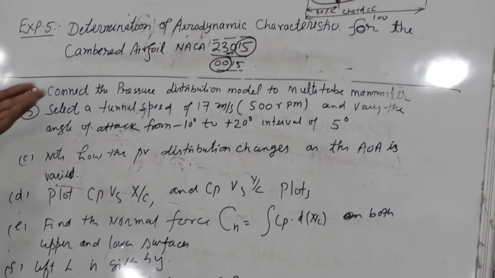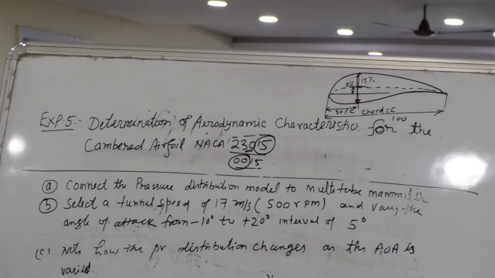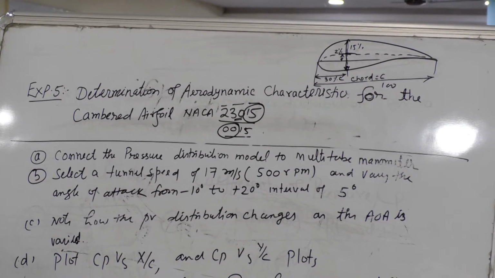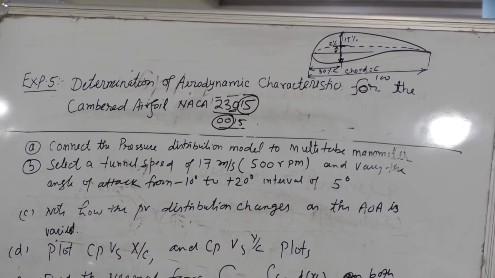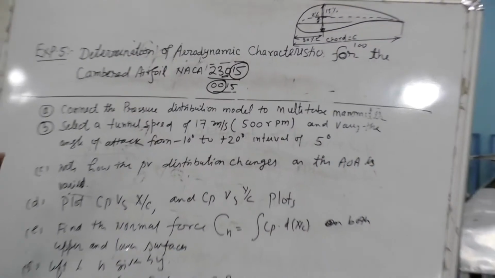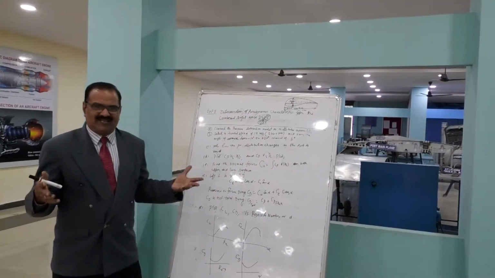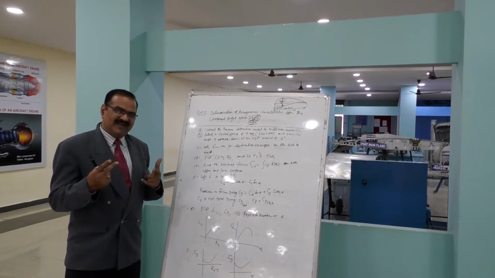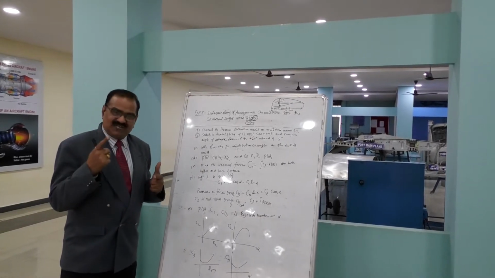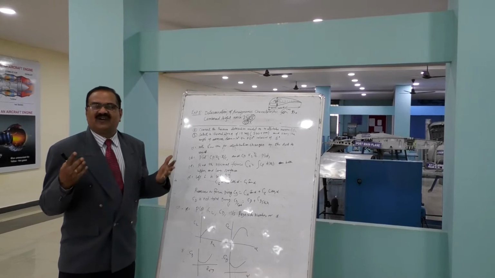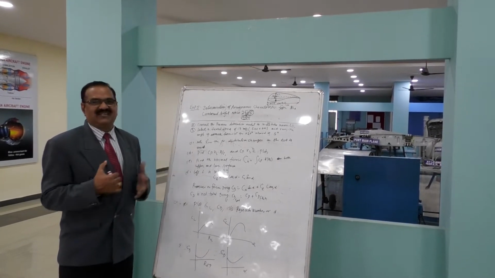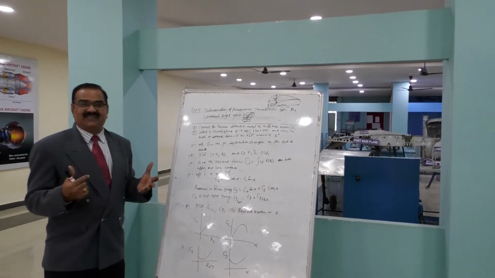Okay. So we are in the process of understanding the aerodynamic characteristics. In aerodynamic characteristics, we have the coefficient of lift, coefficient of drag, pitching moment, pressure distribution, and pitching, rolling, yawing, and so many things. But here we will only be finding out two parameters, that is the coefficient of lift and the coefficient of drag, by using some mathematical equations which are given in this.